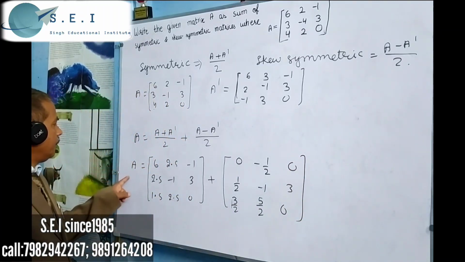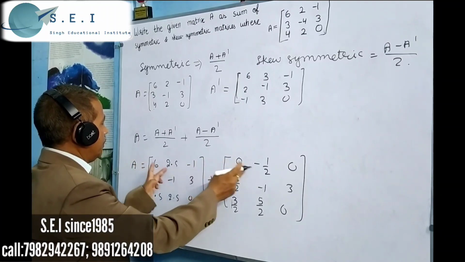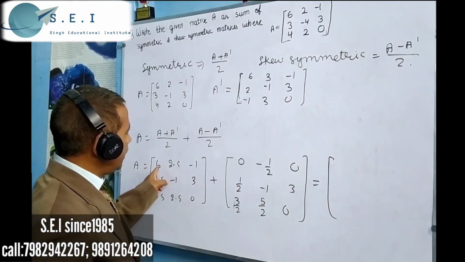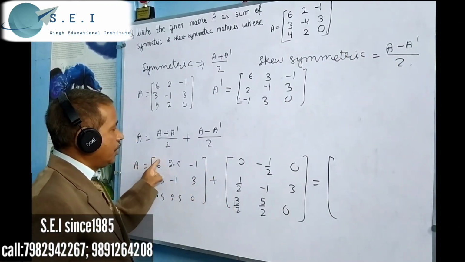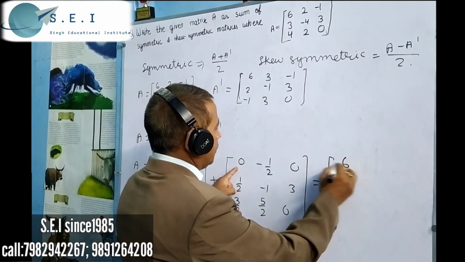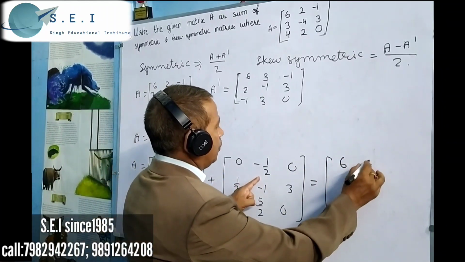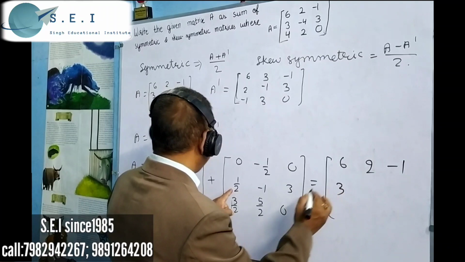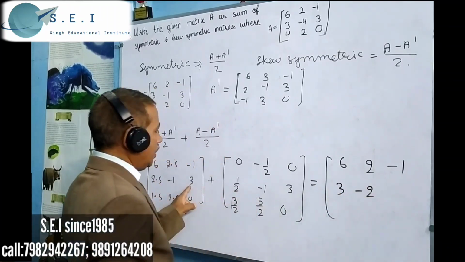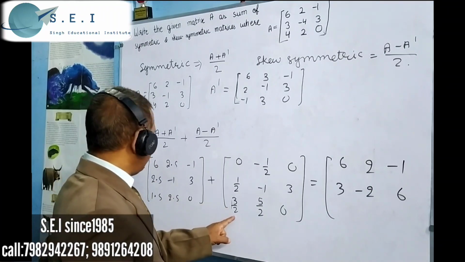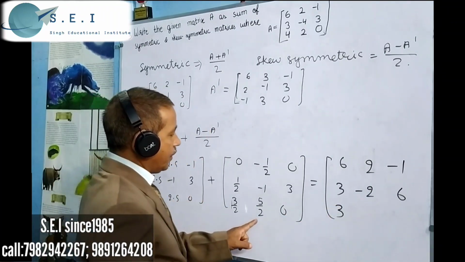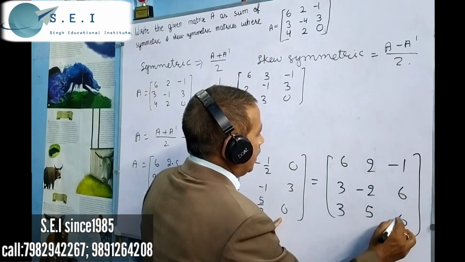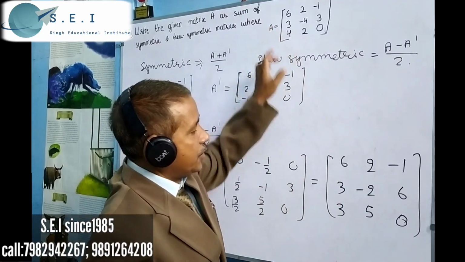Now we can also obtain matrix A by adding the two matrices. After adding the two matrices, we can get the matrix. Now we add these two matrices, 6 and 0 added to 6. And 0 plus 0 is 0. So we get the same as matrix A.